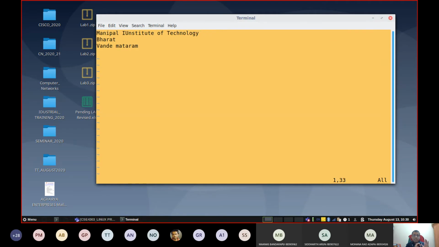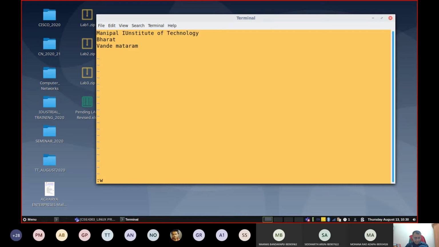The moment you press escape, the insert command will disappear at the bottom of the window. Now you need to press shift key and press colon. A colon is displayed there. Shift colon. Then if you want to write this particular content after the modification, you need to simply say w for write.